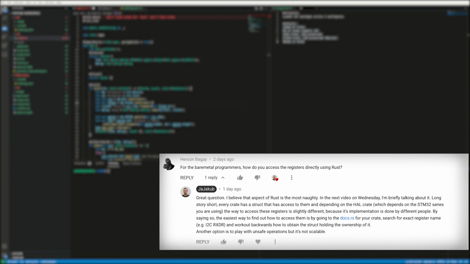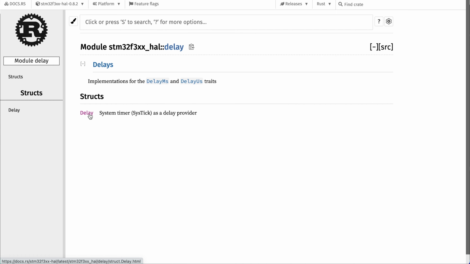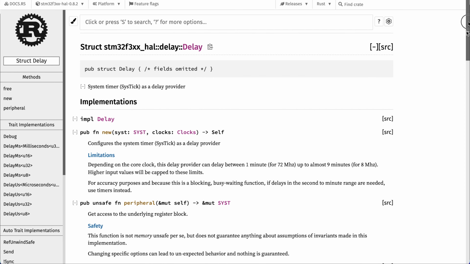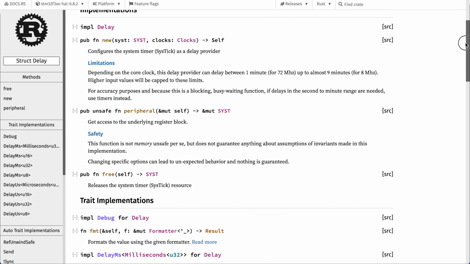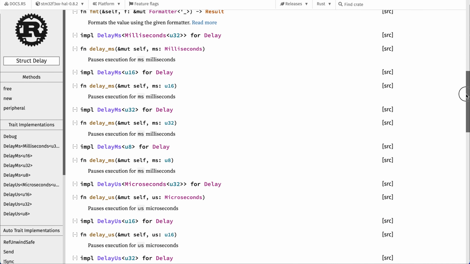So to answer question 1, the way I find how to program low-level registers is through digging deep and finding the correct way to obtain access to the registers. Sometimes, however, docs.rs is a little bit more friendly because it shows you what traits are implemented, and it's a little bit better overview than just going, let's say, here under the definition and finding all the different implementations